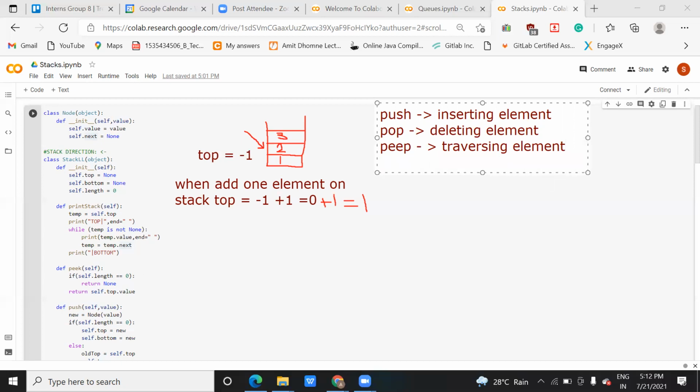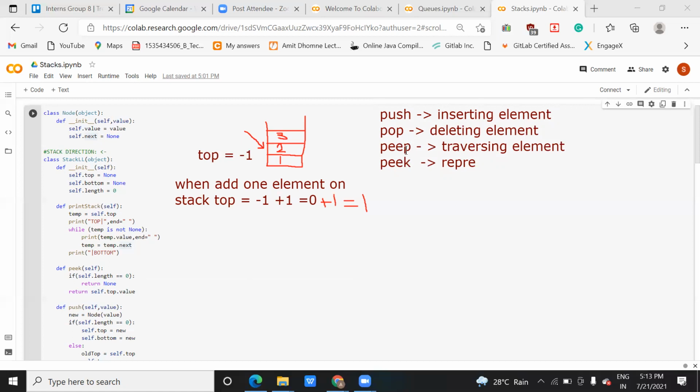And there is peak, which can be used to represent the top element. It depends on what you're using. Either you can use top, bottom, length, this kind of representation, or you can use peak also. Somebody says peep, somebody says peak.